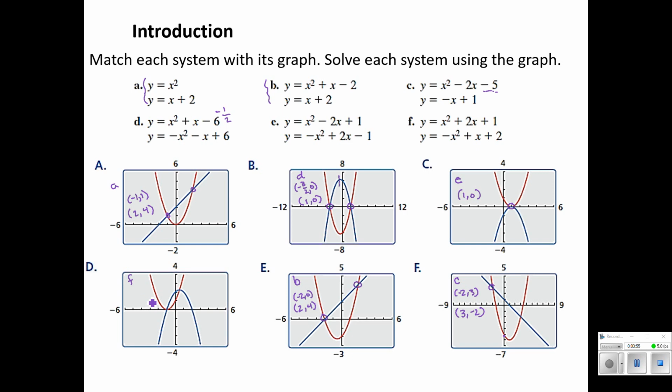And that leaves us using the process of elimination that system F goes with graph D, and we've got solution points -1, 0, and then it looks like 1/2, oh boy, that's not very easy to spot. 1/2 and then 2 1/4. Wow, that one's tricky. And that's just an estimation based on the graph. We're still looking for points of intersection. That's the main thing to take away from this little introduction.